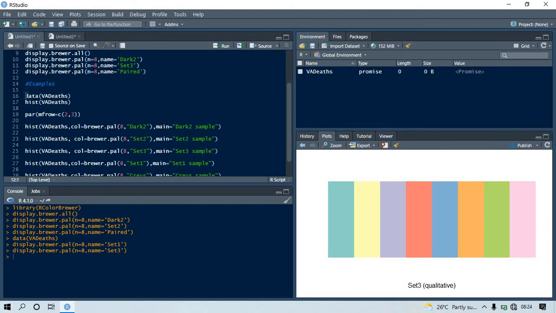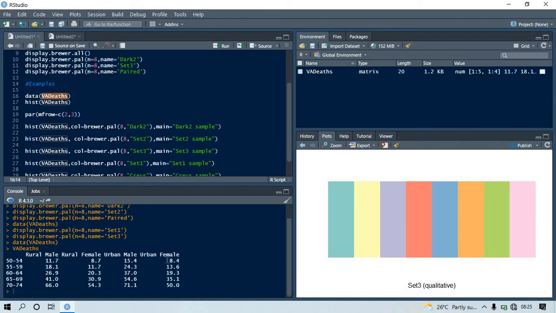So we need to load that data, that is VA depth. So we run it, that is, we have it. In case you want to view that data, you can still highlight that one. You can highlight only the section named VA depth, and you can run that. It will simply show you everything that's in that